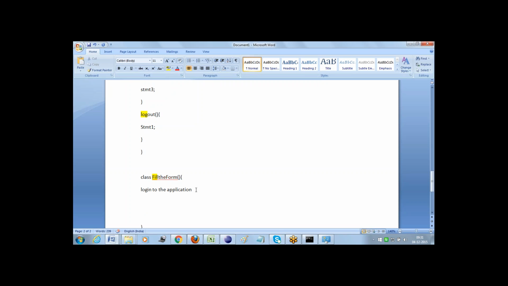Simply I can call a statement like: call the method login from the class registration. So what it means is we are asking our Java program to call this method from there to here.